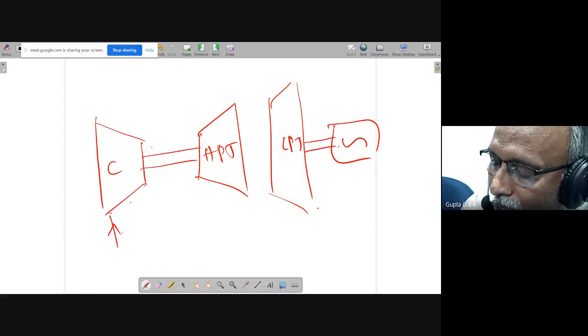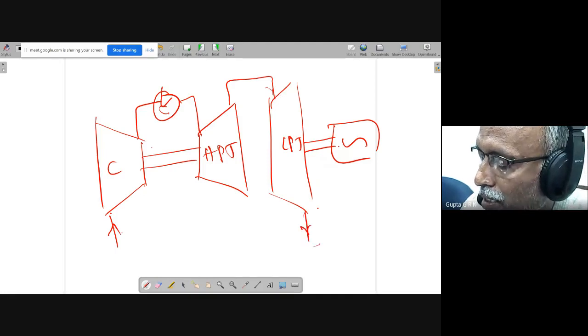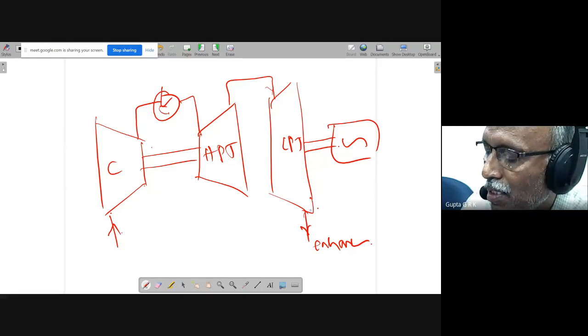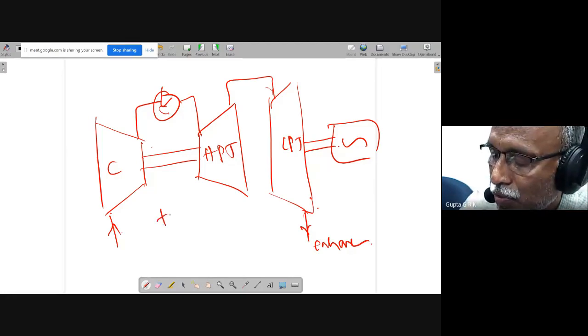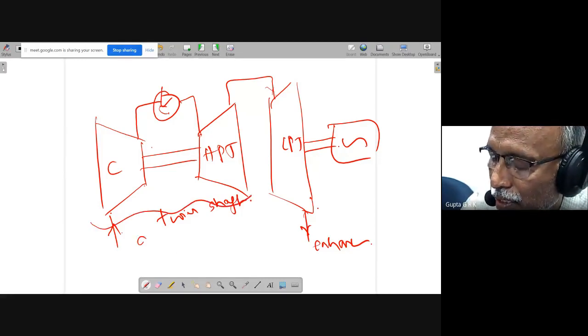So air enters like this, comes to the combustion chamber, then to the HP turbine, and from here it goes to the LP turbine, and goes out the exhaust. Okay, so this is what is called a twin shaft engine. And this total one is called the gas generator,